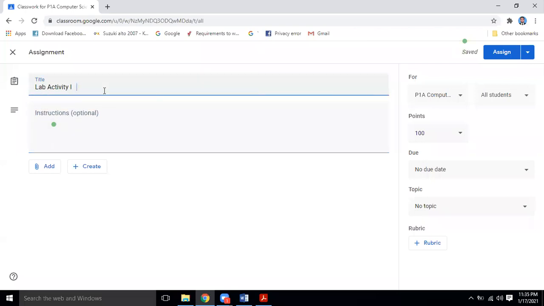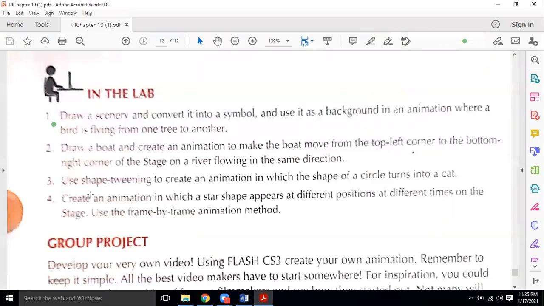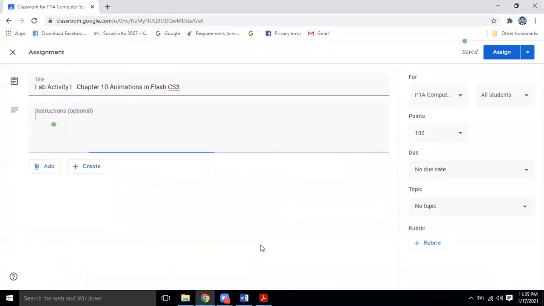You have to do this lab activity that I am giving you over here, chapter 10, animations in Flash CS3. The activity is to draw a scenery and convert it into a symbol and use it as a background in an animation where a bird is flying from one tree to another tree.